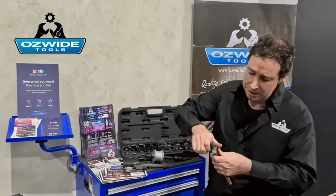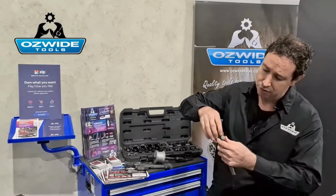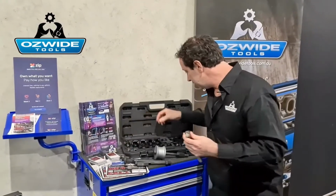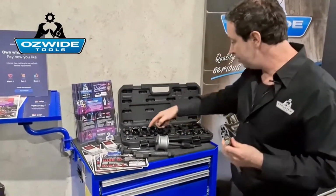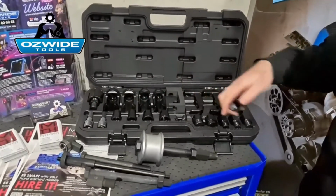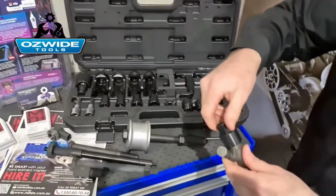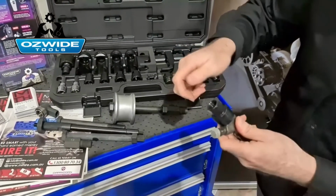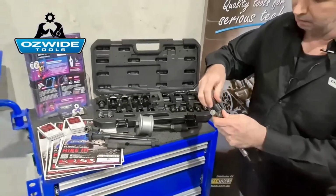If they don't have these machine flats or it's too difficult to access them, the other way you can do is unscrew the actual top cap of the injector and then simply find one of the adapters. You'll notice the bottom row, you've got a whole heap of female adapters and male adapters. Just screw that all the way down so you don't pull the thread off, and then that's ready to go